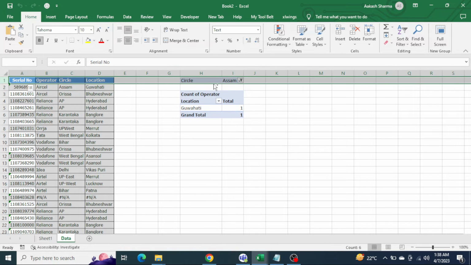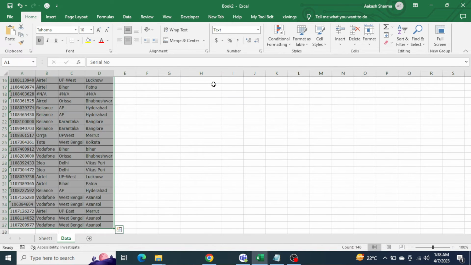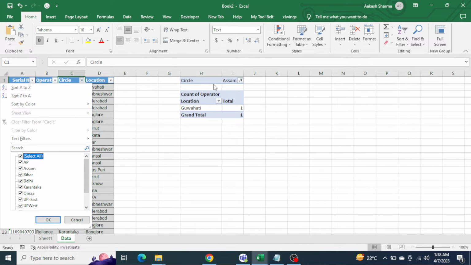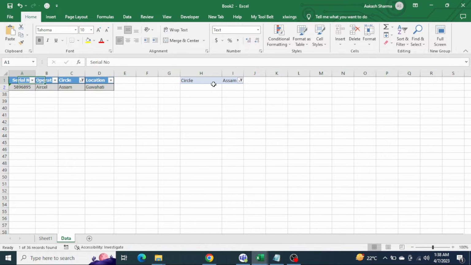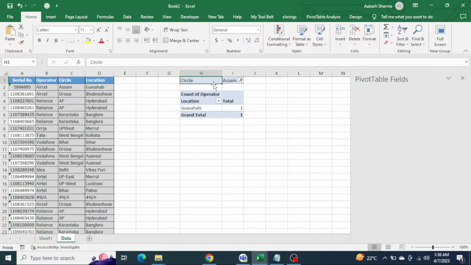Let's check whether it is working fine or not. What I did, I selected here Assam. Yes, it is quite good, without any mistake. But for example,